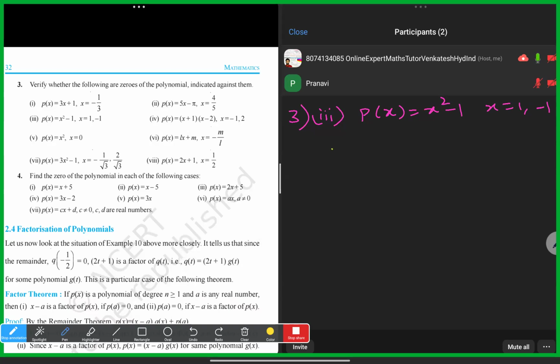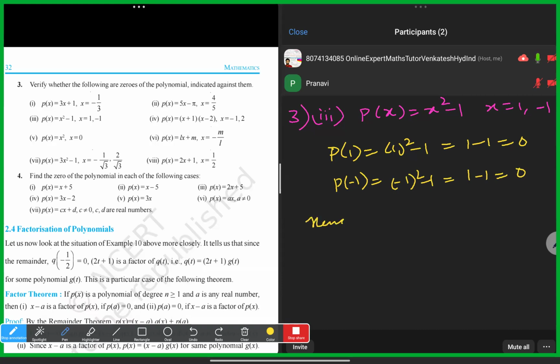That is p of 1 is equal to 1 square minus 1, minus 1, 0. Now I'm doing p of minus 1: minus 1 square minus 1, which is, minus 1 square is also 1 only, so 1 minus 1. Hence, both x is equal to minus 1 comma 1 or